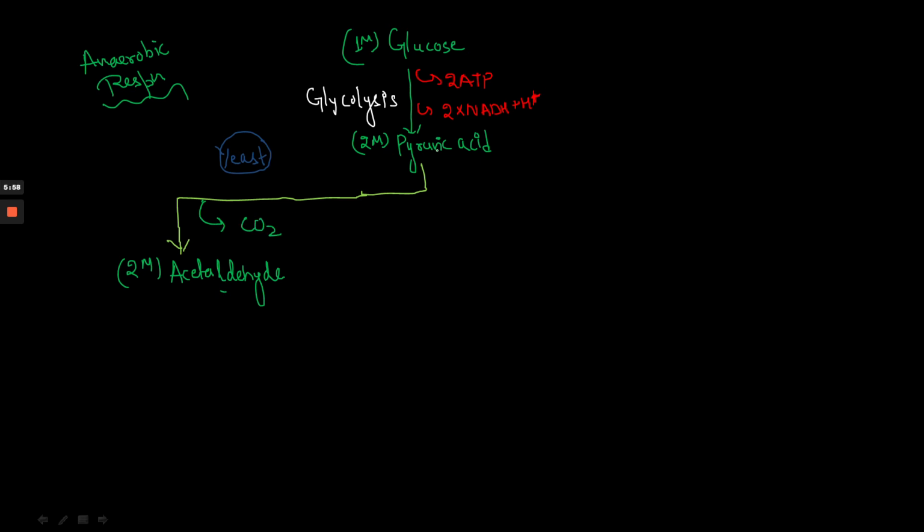Since two molecules of pyruvic acid are involved here, from one molecule of pyruvic acid one molecule of CO2 is removed. So from two molecules of pyruvic acid, two molecules of CO2 are removed,